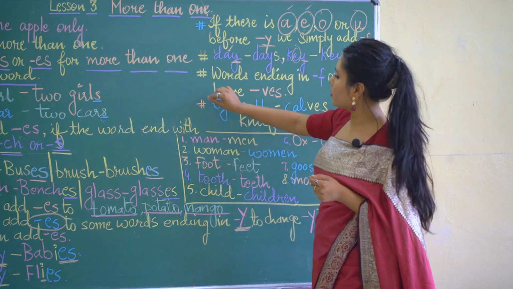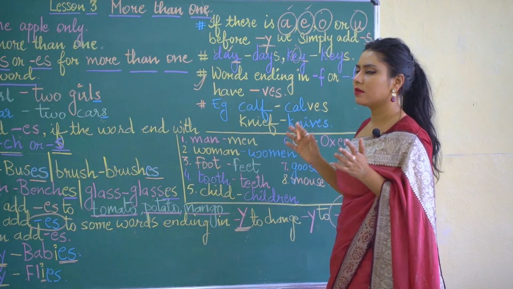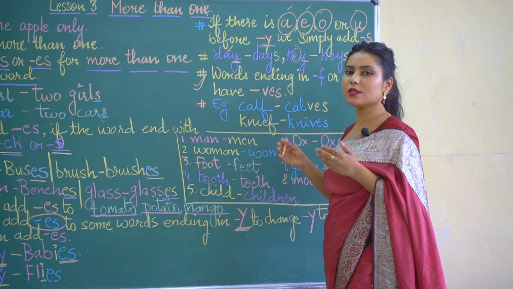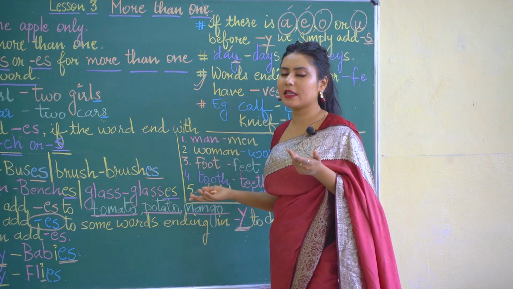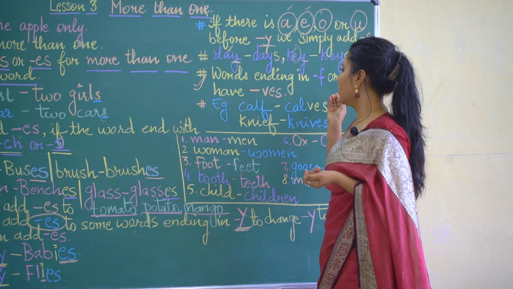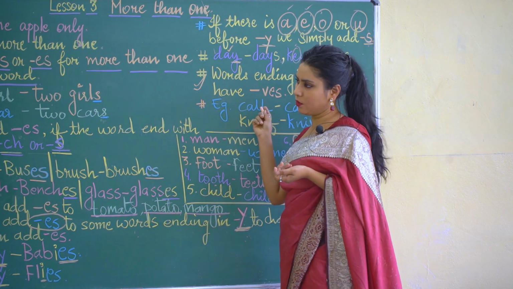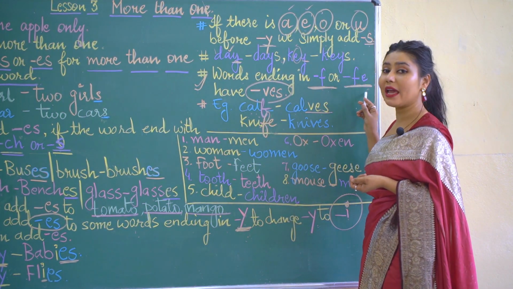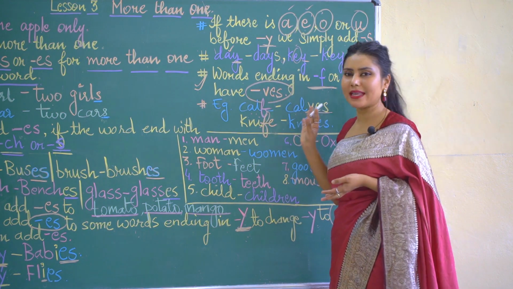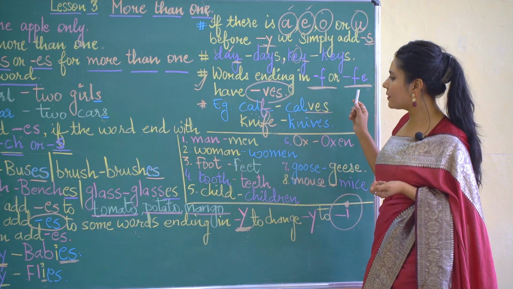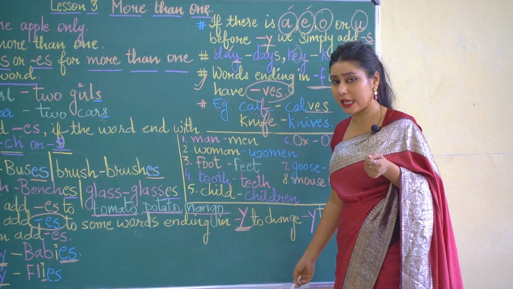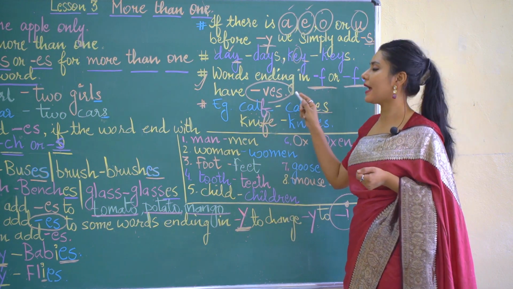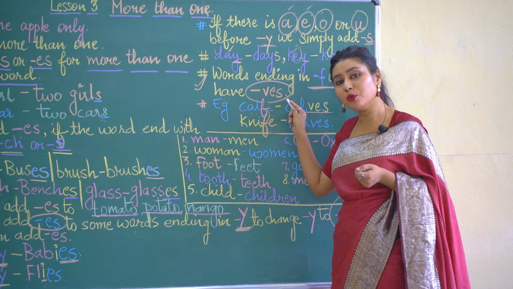And another very important one, this one. This really is a question in your examinations that keeps coming, that you have to write the plural form of this word. The next one is words ending in F or FE. These are a different set of words. You need to know that if the naming word that you've just taken is ending with F or FE, it will get converted into VES in its plural form.